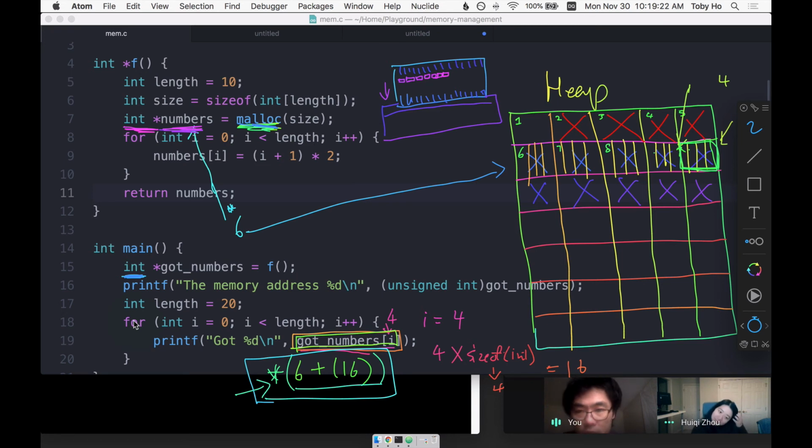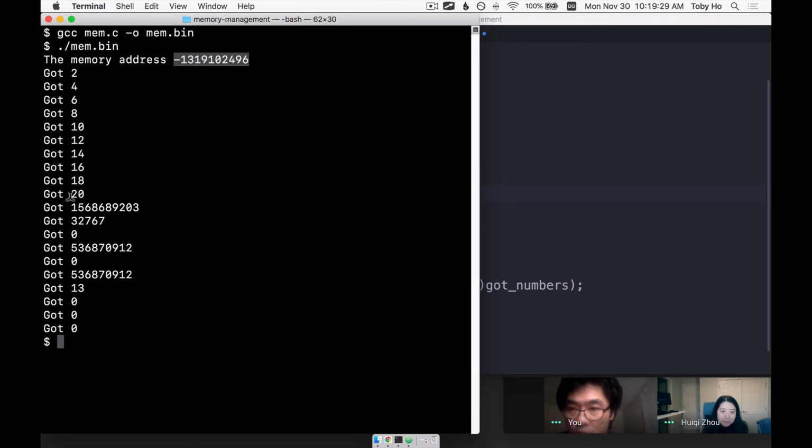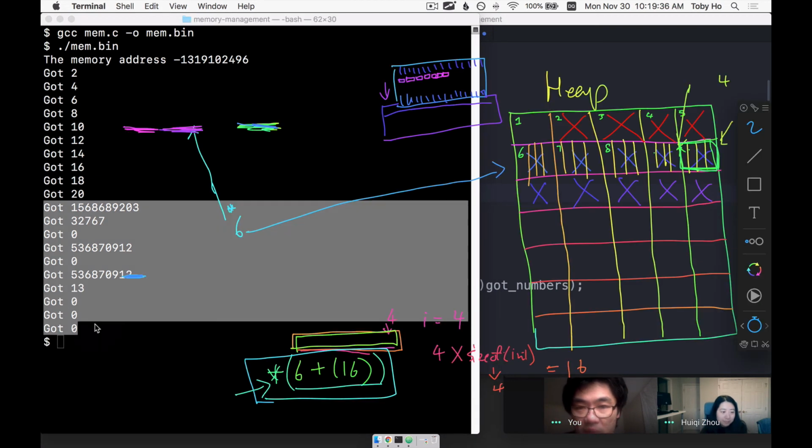Gotcha. So all of this, I was basically trying to answer your question of why we got these extra weird numbers back here. Can you answer that question now? Yeah, I think it's just keep going down. It's whatever junk is in here. It also printed out, even though that doesn't belong to you. You're still accessing it,